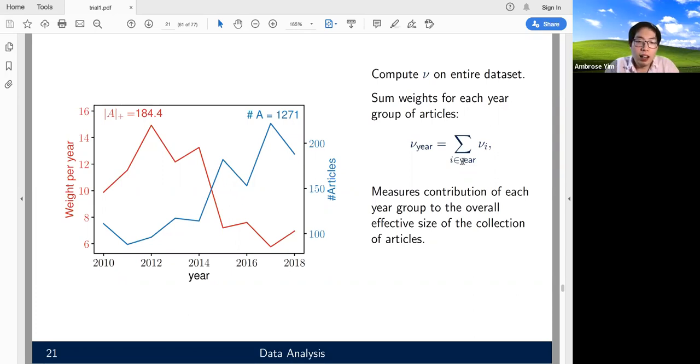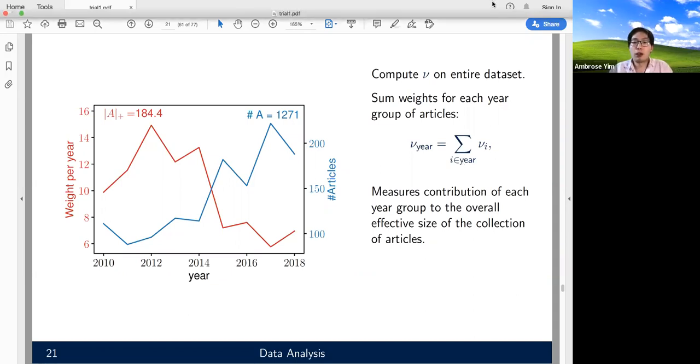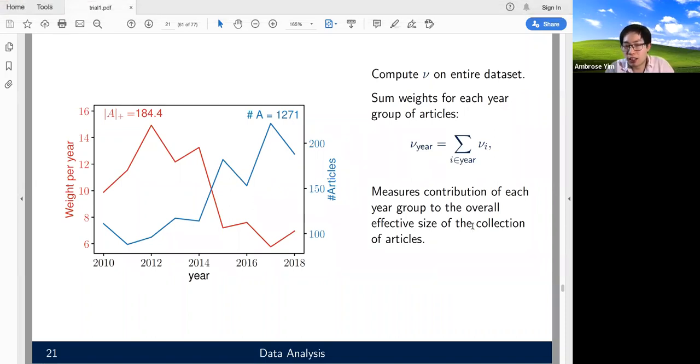And as you see, as time goes by, we get more submissions, but each year contributes effectively increasingly similar content. So the effective size of successive year groups in general tends to decrease. So that suggests something like people are starting to use more similar keywords. So measuring keyword similarity doesn't do much to distinguish. If we just measure things by keyword similarity, then increasingly articles are more similar.